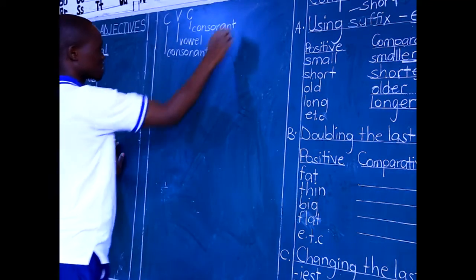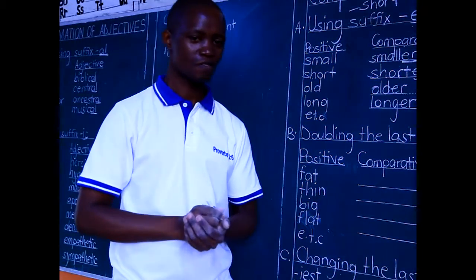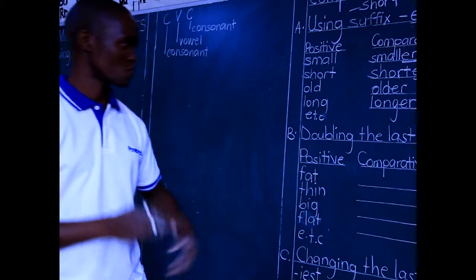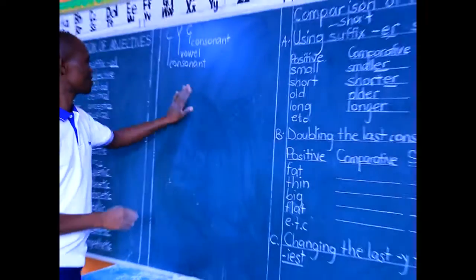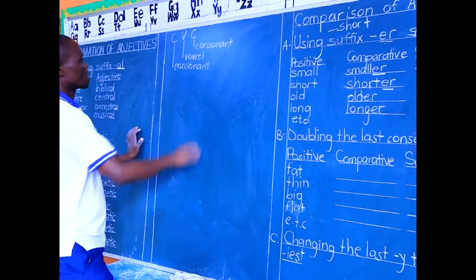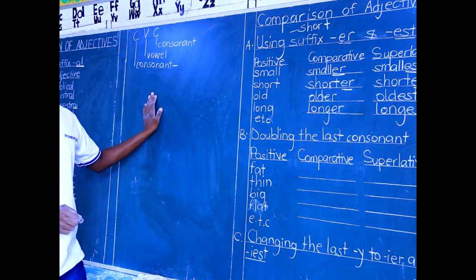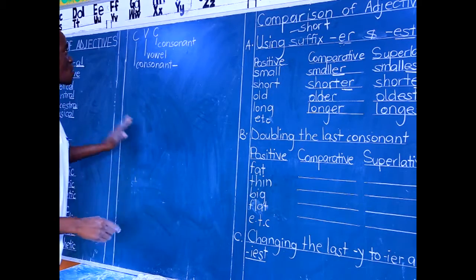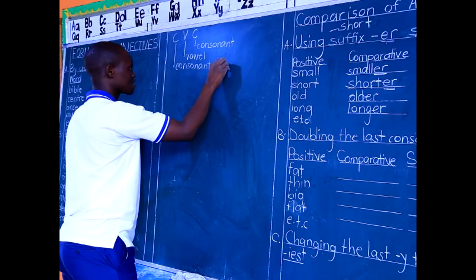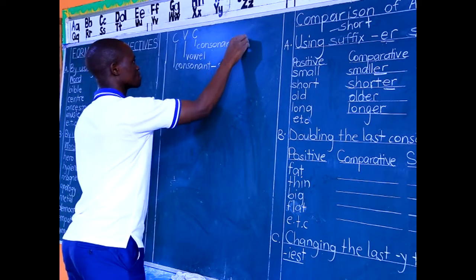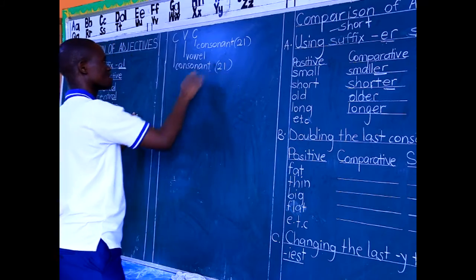People who have reached P7 without mastering what a consonant is and what a vowel is, you are in trouble, so let me try to solve the trouble you may be in. Consonants, here we are referring to letters in the alphabet, letters in our English alphabet. There are 21 consonants, 21 letters. So think of the 21 letters in your alphabet.